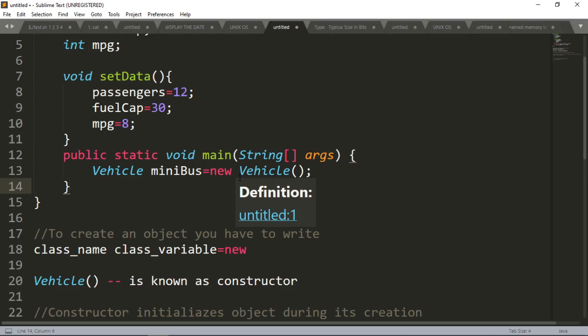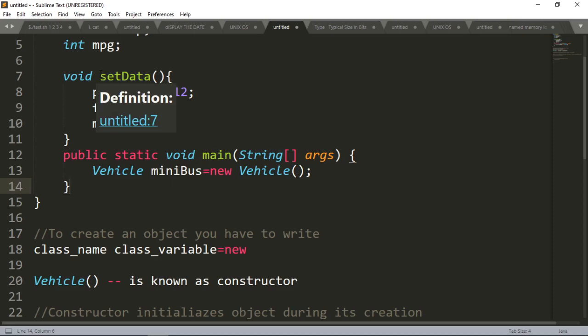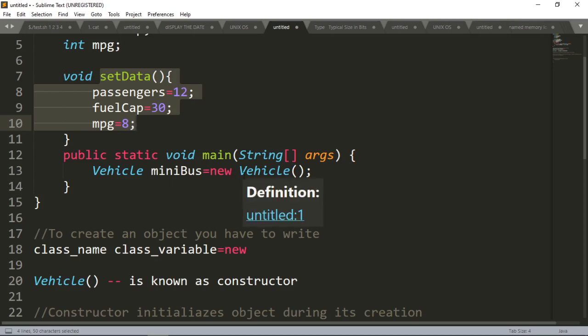Here, the setData method returns nothing, and due to that reason I am writing void. But in the case of a constructor, we do not write void; that void part will not be present there.